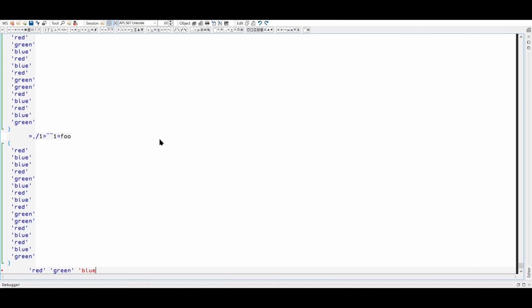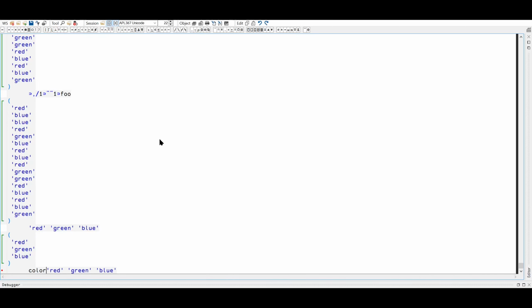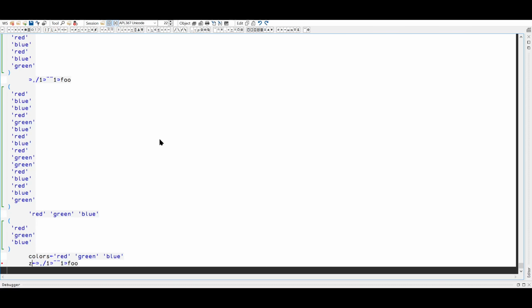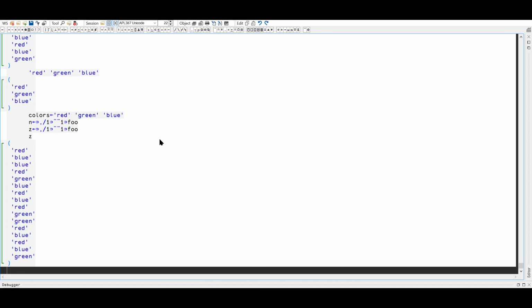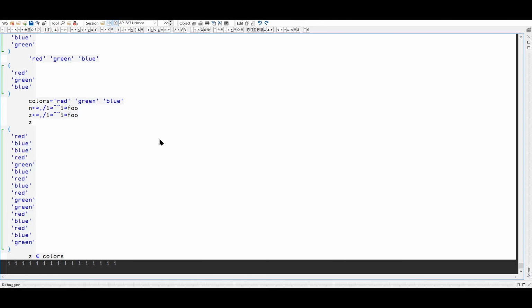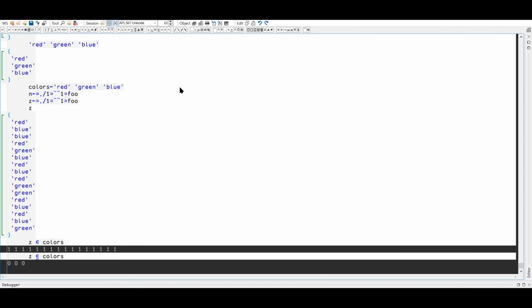These are my colors. I'm gonna say colors, just full name. And then I have to figure out which of the colors actually, okay, hold on. Let's call this N or something just for a temporary name. Let's go Z for temporary name. And Z, and I want membership or whatever in colors. So I think it's Z membership colors. Oh, that's existing. Where's the other one? No. Oh, these are so tiny.